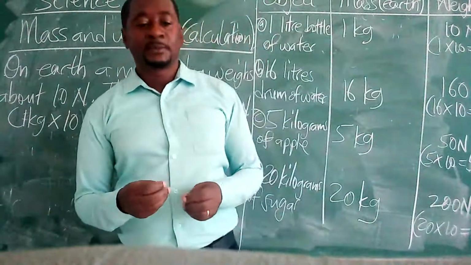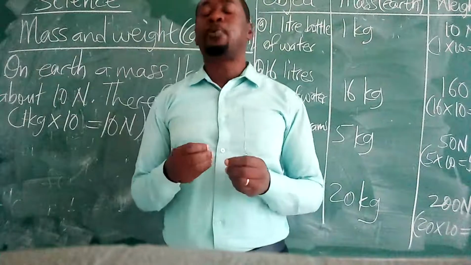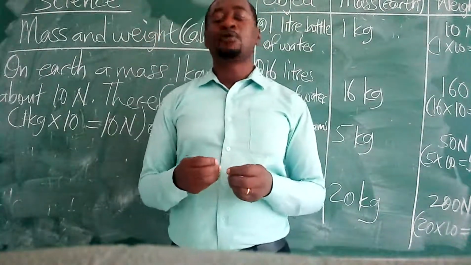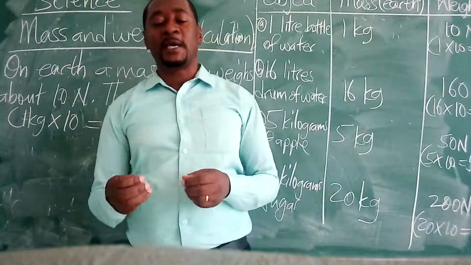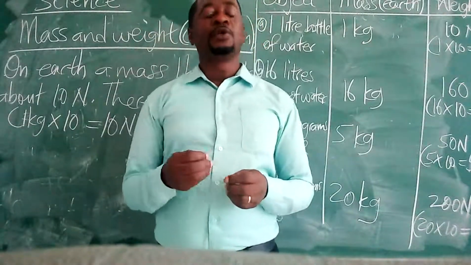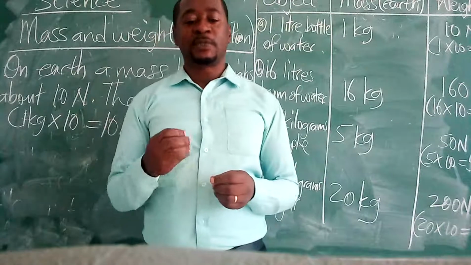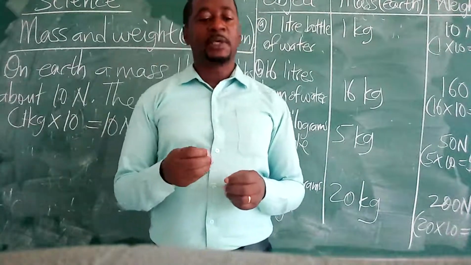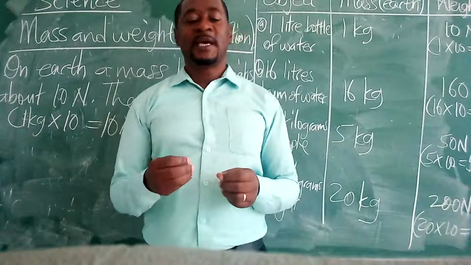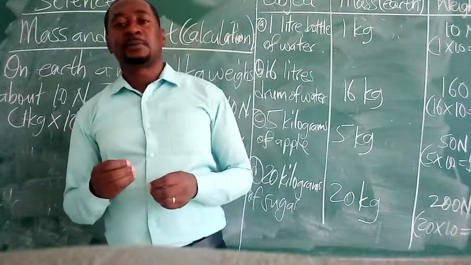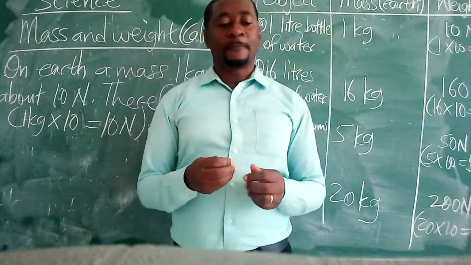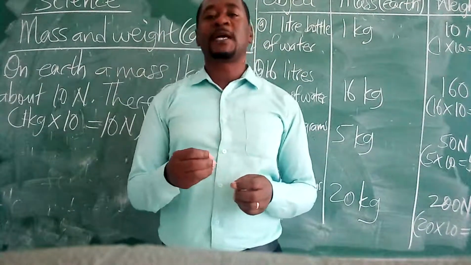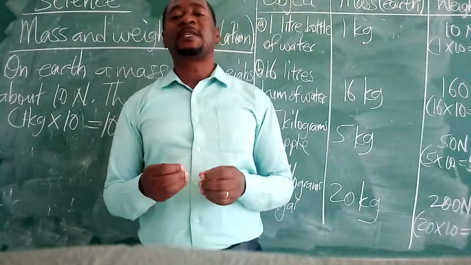Then weight is the amount of force that pulls objects towards the earth. The unit of weight is Newton. It was named after Sir Isaac Newton, an Englishman. The instrument for measuring weight is force meter. These are some of the things that we learned